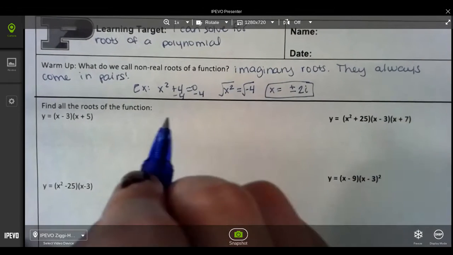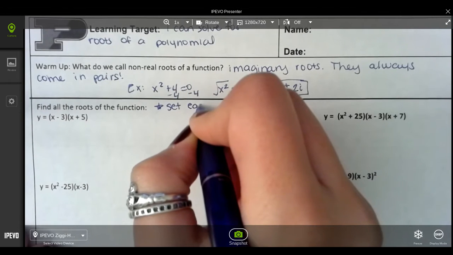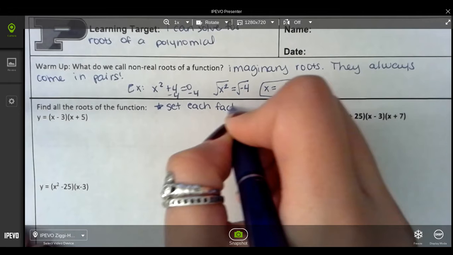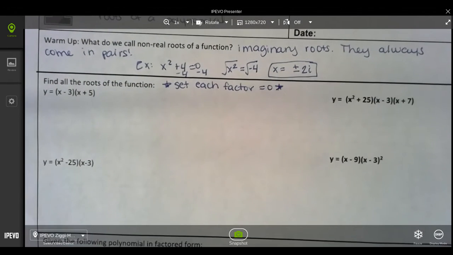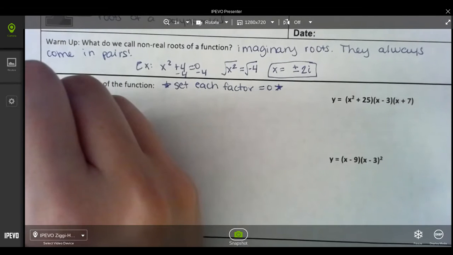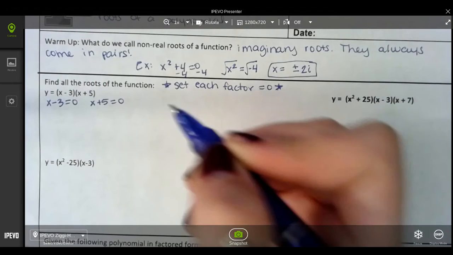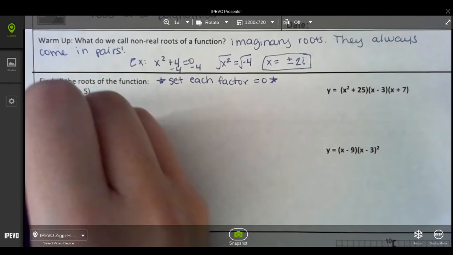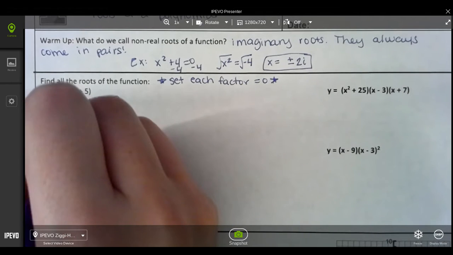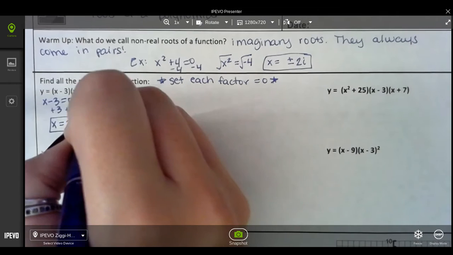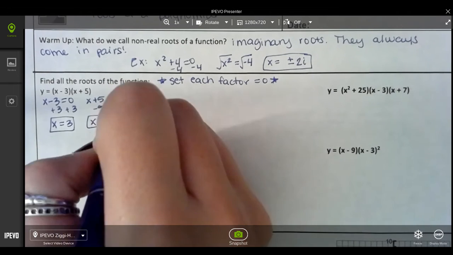Find the roots of the function. In order to find the roots of the function, remember you need to set each factor equal to 0. All right, so let's do that. Set these factors equal to 0. X minus 3 equals 0, and x plus 5 equals 0. If I'm solving for my roots, I'm going to add 3 to both sides. I get x equals 3 as one of my roots or my x-intercepts. Again, continuing, I'm going to subtract 5 from both sides, and I'm going to get x equals -5 as another